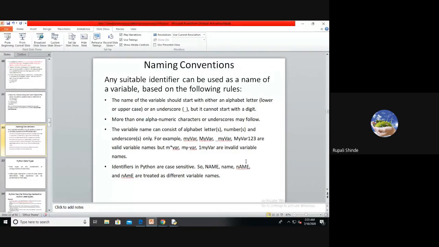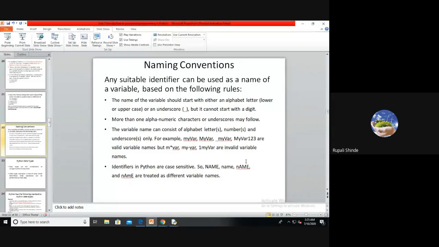The name of the variable should start with either an alphabet letter, lowercase or uppercase, or an underscore, but it cannot start with a digit. Then more than one alphanumeric character or underscore is allowed. The variable name can consist of alphabets, numbers, and underscore only. Identifiers are case sensitive.